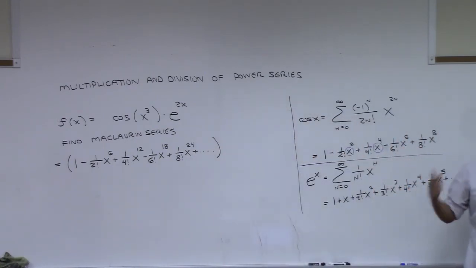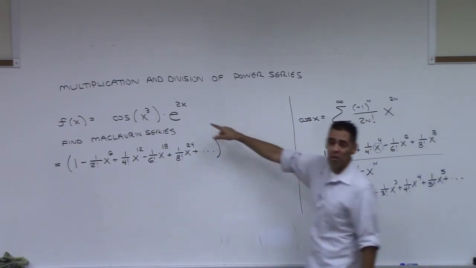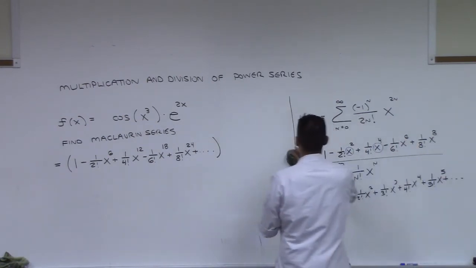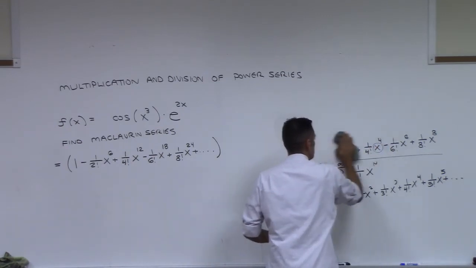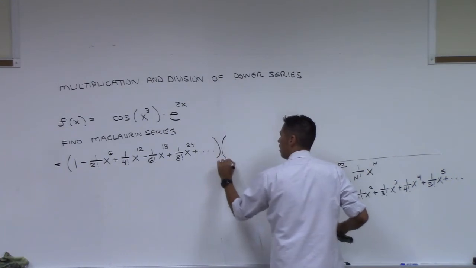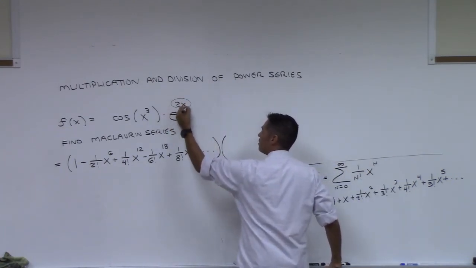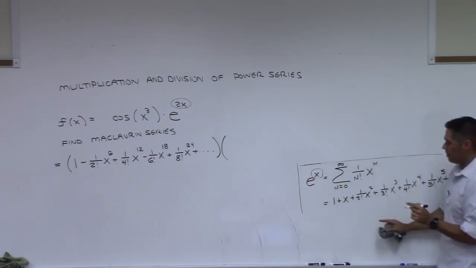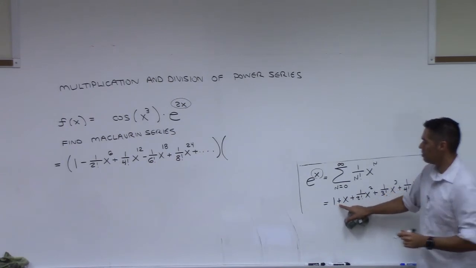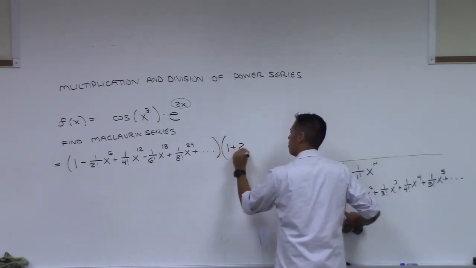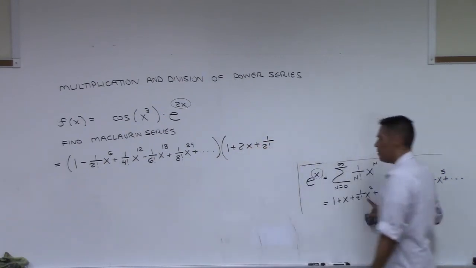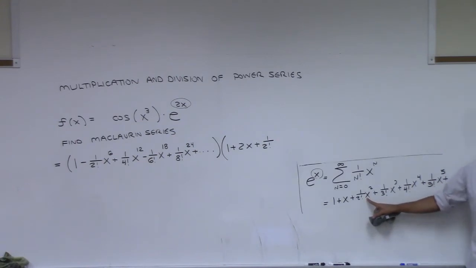And now I have to multiply that times the Maclaurin series for e to the 2x, which is another parentheses with a bunch of stuff, dot, dot, dot. I'm going to run out of room here, so I'm going to start getting rid of some of this stuff. Now be careful on this next part. We want e to the 2x, so in our formula we're replacing all the x's with 2x's. So let's see what we would get. 1 plus 2x, and then plus 1 over 2 factorial times 2x squared,